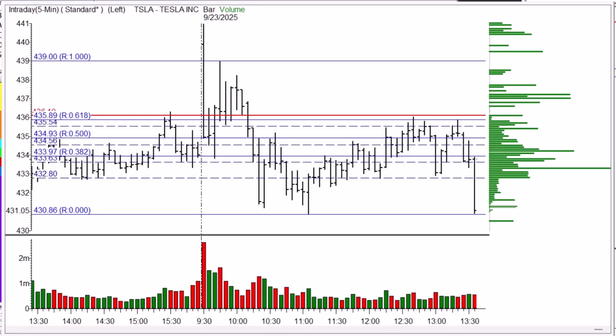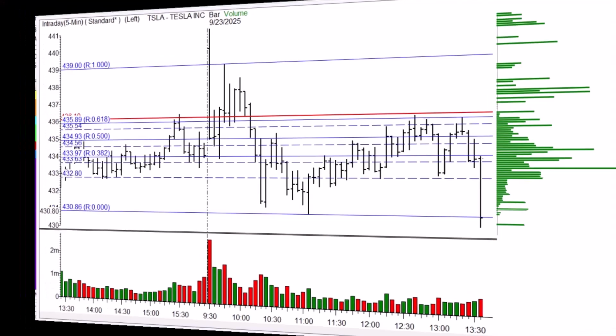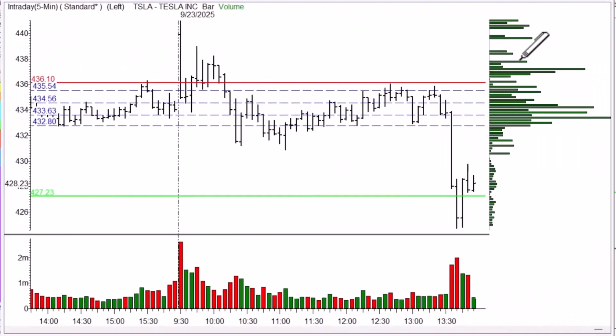This is exactly what I'm talking about when I say I want to see things overlap and come together. A fib tool is a great thing to add to your arsenal, but you don't want to make it the only thing that you're looking at. When everything is in place like this, it makes for a much better situation, a much better trade. Now Chairman Powell has stopped speaking, and he says he thinks the market's overvalued, and of course